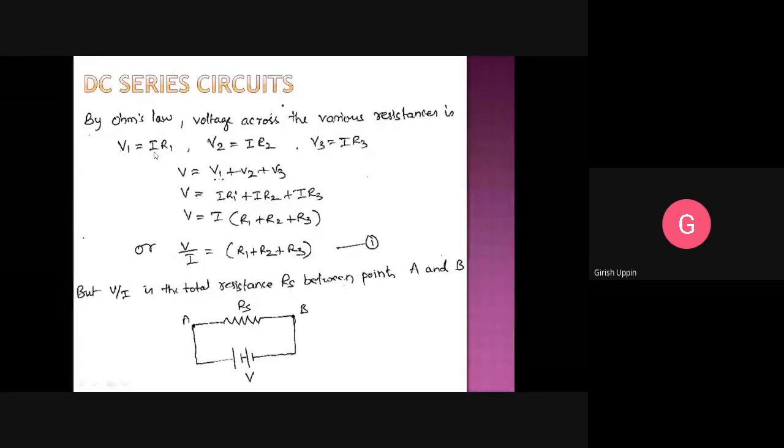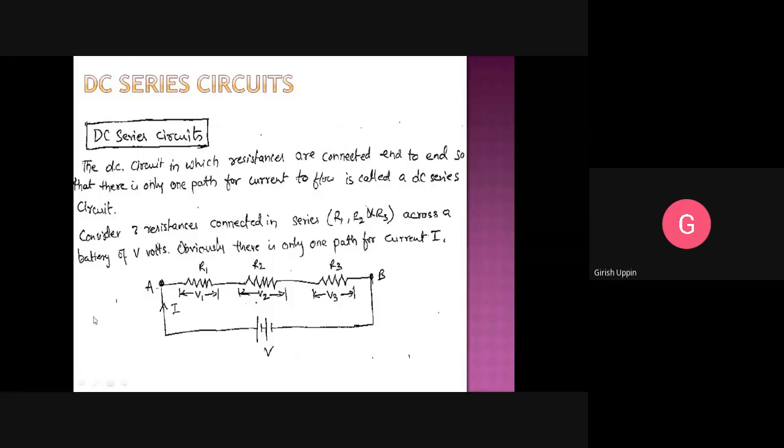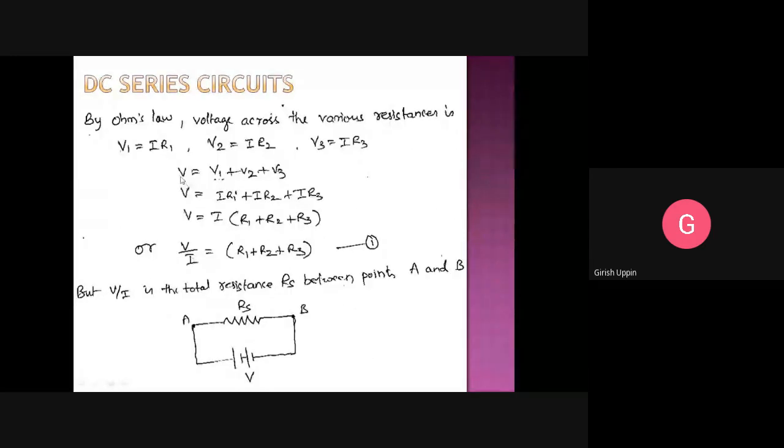You can notice here the I is exactly the same in all the three resistors. And whatever voltage we applied here, V, this complete voltage will get dropped across each of these. Suppose I applied 100 volt, maybe it will be 50 volt here, 25 volt here, 25 volt. All together would be exactly the same as the voltage we applied. Therefore, V is equal to V1 plus V2 plus V3.